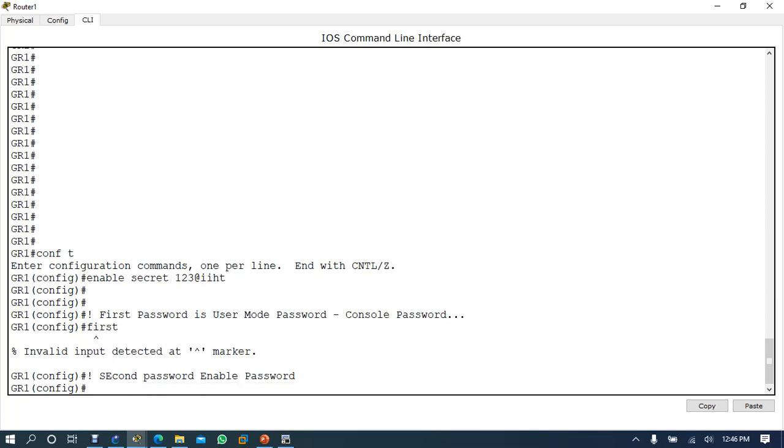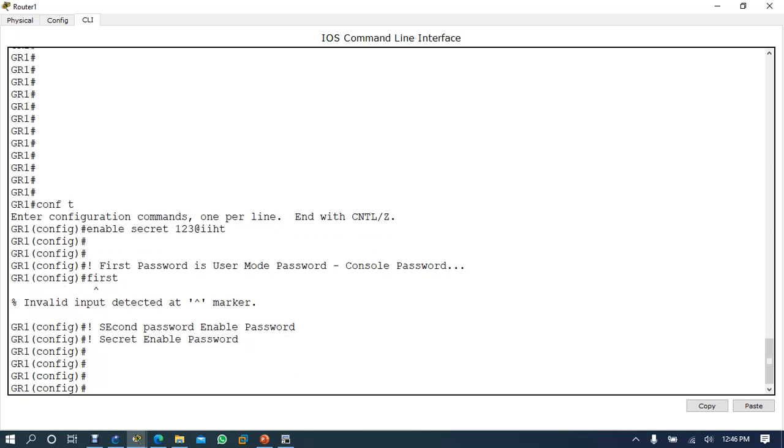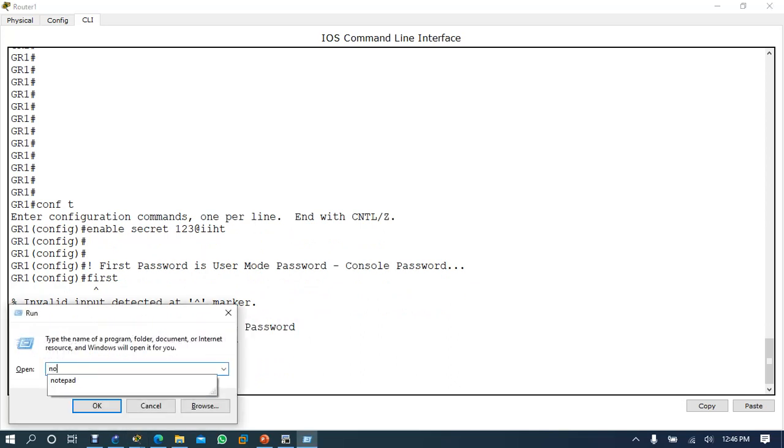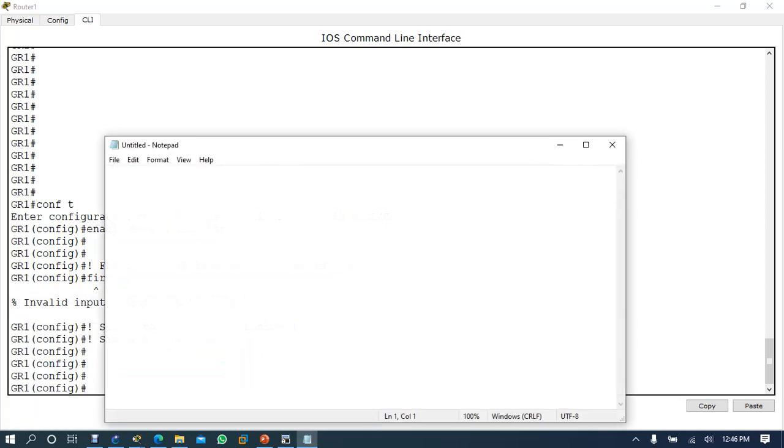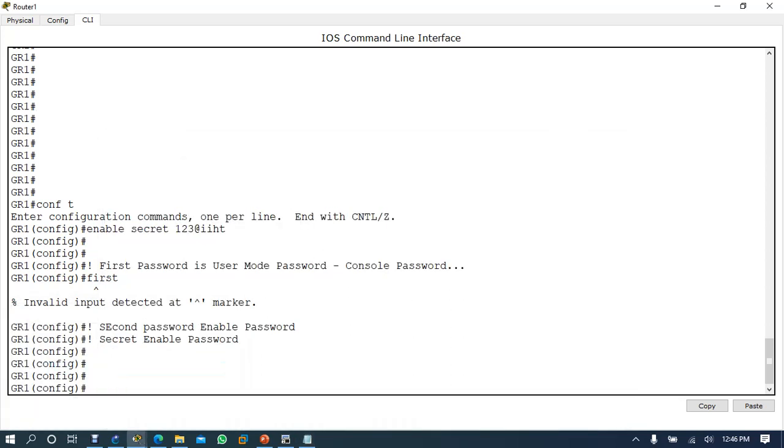Then we have used encryption, third password, secret enable password, right? Now let's check. See, these things don't get confused, because normally what I do, I write in my notepad. But this also will act as a notepad.